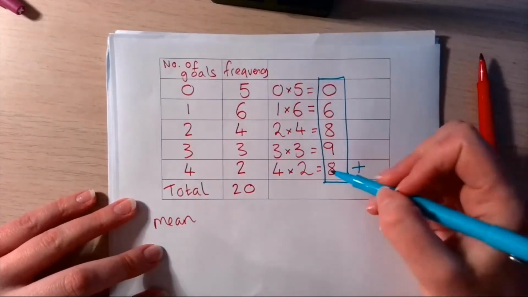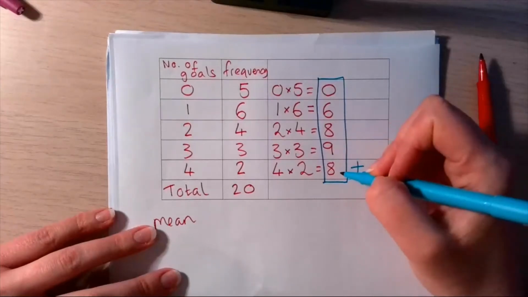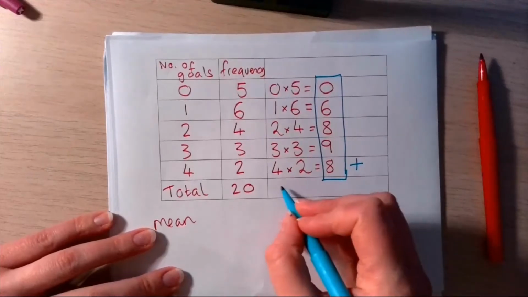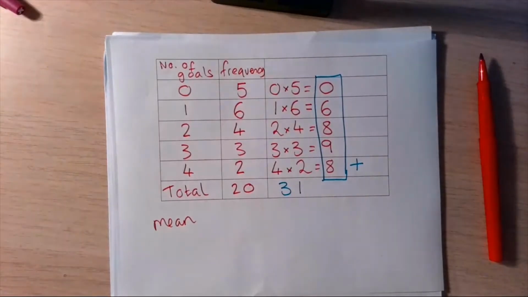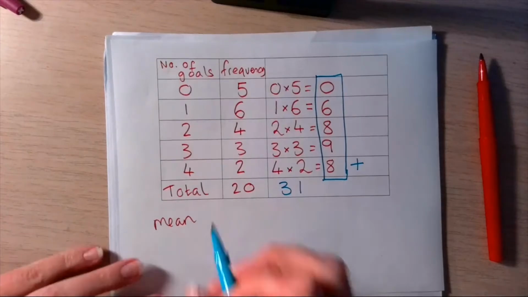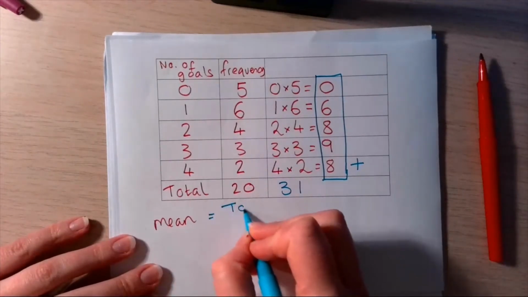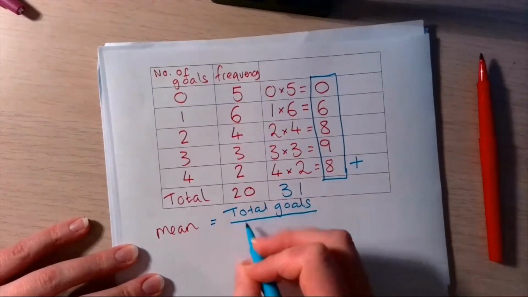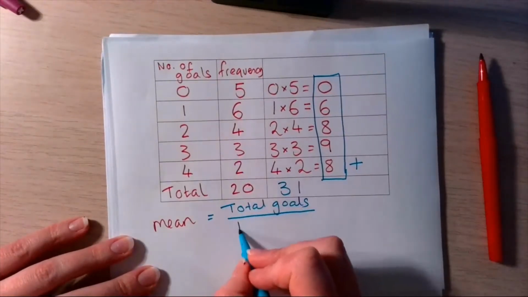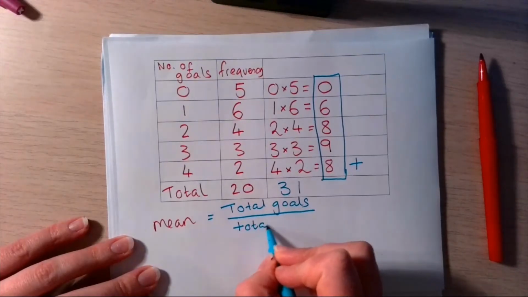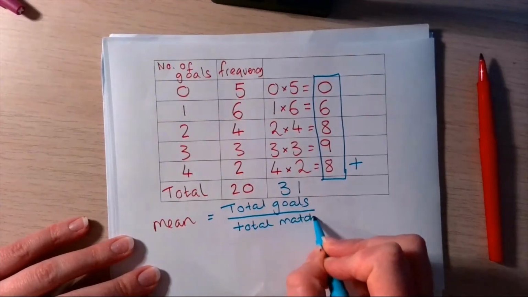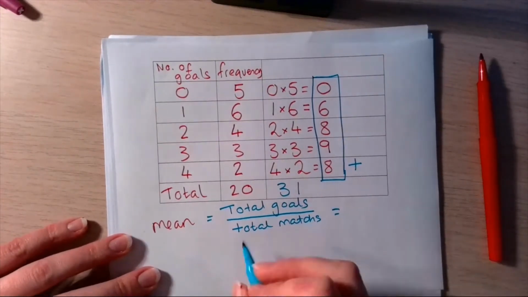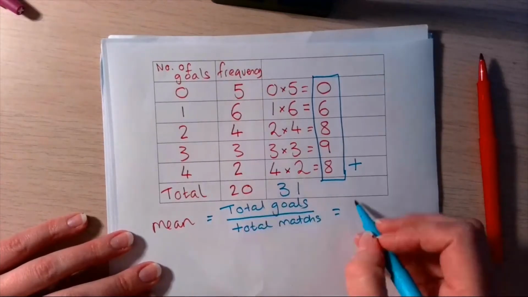Okay, so we've got 16, that's the 8 add 8 is 16, 22, 32 take away the one to give it 9, 31 goals all together. Okay, that's 31 goals all together. So the mean is total goals divided by what have we got here? Total matches. Okay, because we're looking for the mean number of goals per match. So total goals by total matches is 31 divided by 20,